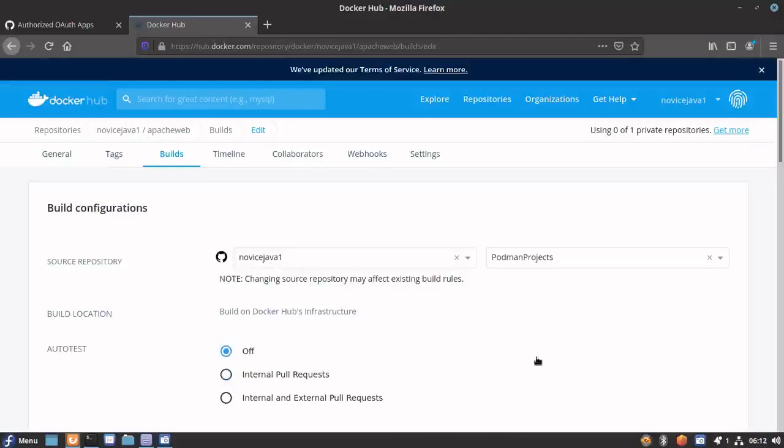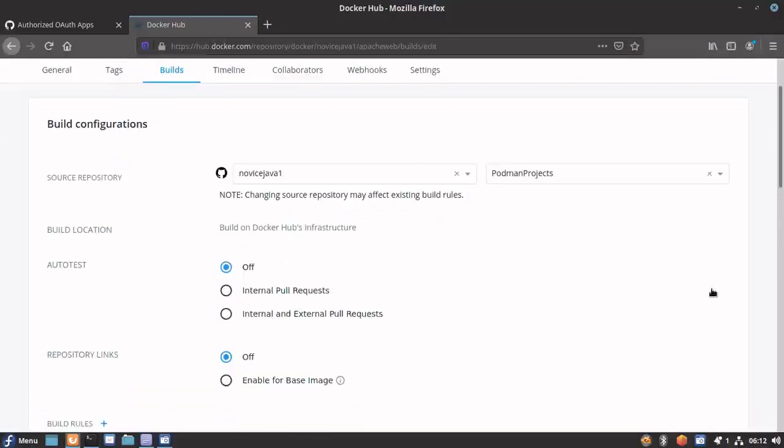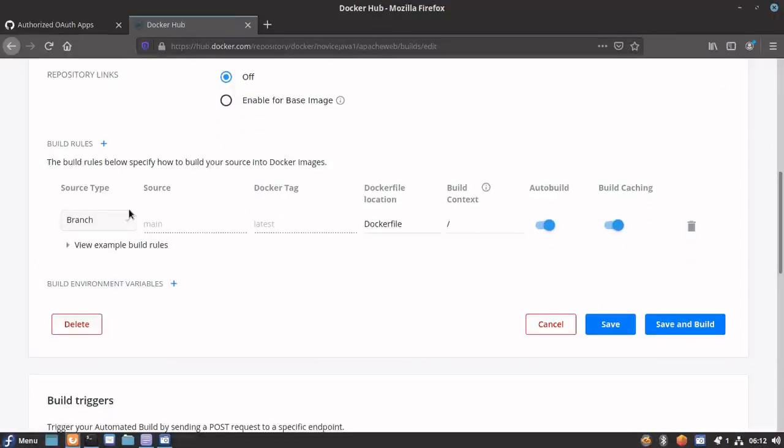And this build rule we need to set, which is what branch we want to actually build. Here the source branch that I have passed is main, and the Docker tag which we want to give to our image is latest. This is going to build the build context, that is the root context of our repository. Once this information is updated in the build rule, you can save and build.